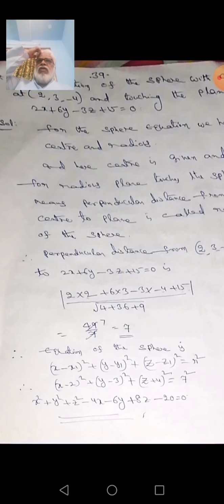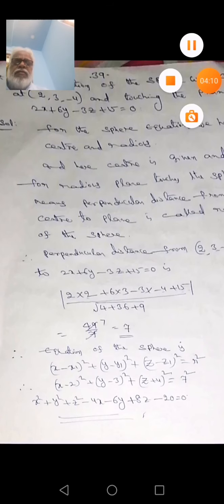Then we come to another topic, that is polar. And what is a tangent plane? The equation of the tangent plane is x x1 plus y y1 plus z z1 plus u(x plus x1) plus v(y plus y1) plus w(z plus z1) plus d is equal to 0. That is the equation of the tangent plane. We find the poles of the sphere equation. We can easily find the conjugate points and conjugate lines. Like this we have completed the topics.